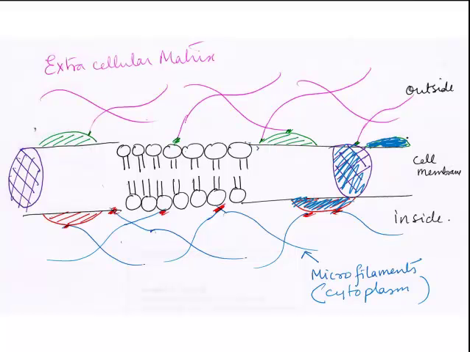Okay, and they have certain groups which can bind to the microfilaments on the inside and hold it together, and interact with or hold the extracellular matrix, the ECM that I was talking to you about, on the outside and hold it together in place. Okay, that's what the slide means, the simplified version. Okay,